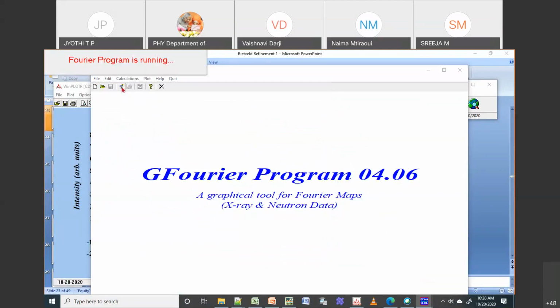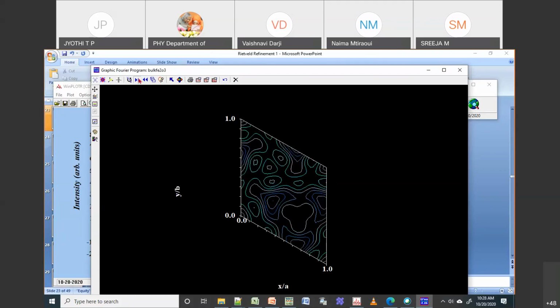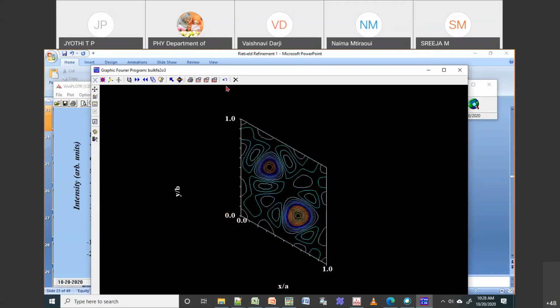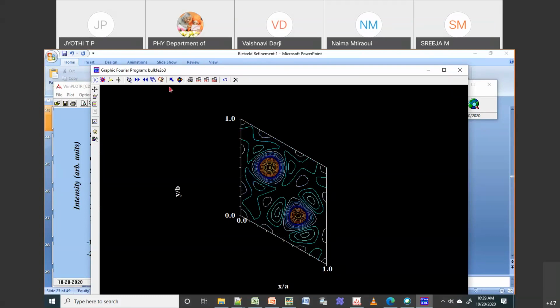Okay, Fourier run. So your program is running right now, and when it stops, it will put your Fourier transform. Okay, so you can go from one end to the other end just like that. Or you can just ask the program to simulate. So it has simulated all the things. And if I want to see what these atoms are, then I just press this. Okay, activate the atoms representation. So if I do this, it will show the atoms. Okay, what are the atoms which are present.